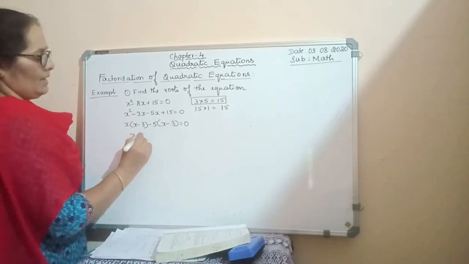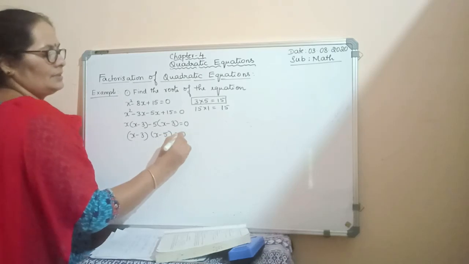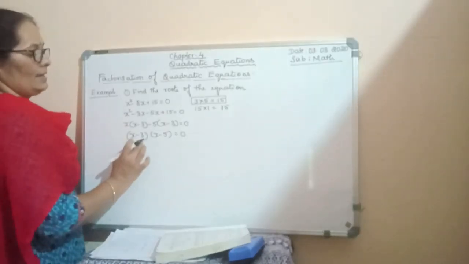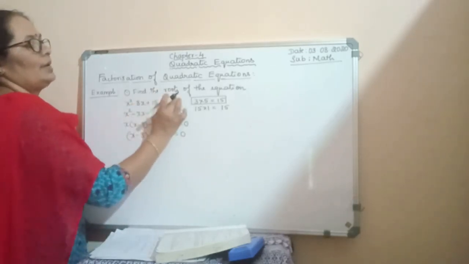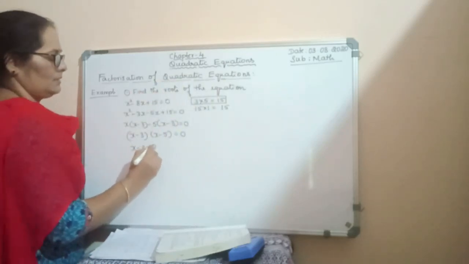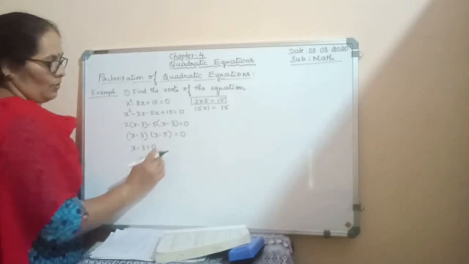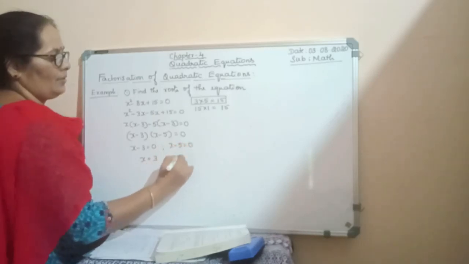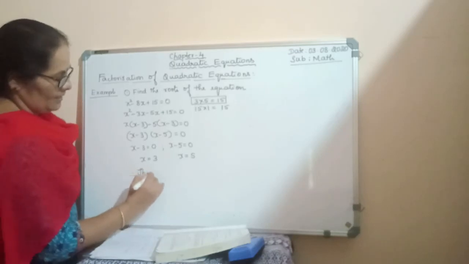So x minus 3 is common. So x minus 5 equals 0. So the two factors of this equation are x minus 3 and x minus 5. Now we have to find the roots of the equation. So you have to equate these factors with 0. So you will get x minus 3 equals 0, so x equals 3, and x minus 5 equals 0, x equals 5. Therefore, the roots of the equation